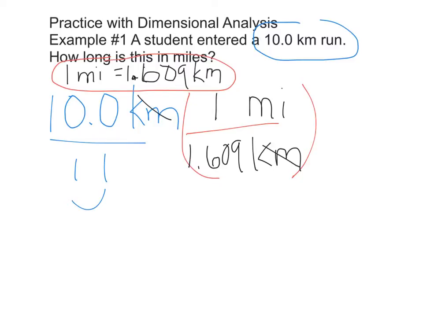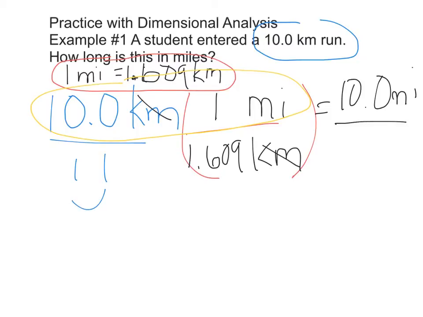these things together right across the top. So 10 times 1, of course, is 10, and that's still 10.0. We're still holding on to those 3 significant figures, and those are miles, units of miles. On the bottom, the only thing that you have is 1.609 because you had that placeholder. And now you're going to do the math. 10 divided by 1.609, and that's going to give you